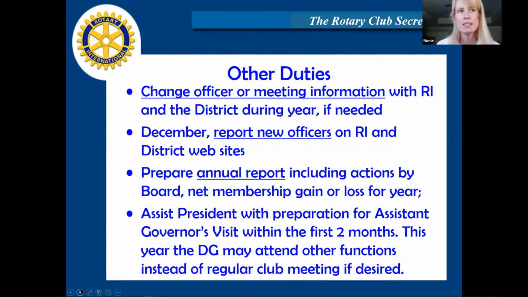And then he's going to set up different visits with you. If you want him to come to a club fundraiser, a different club function, or a service project, guarantee Rich and Murray will probably try and be there if that's what you want. But if you want them there at a regular meeting, I am sure they will be there as well.